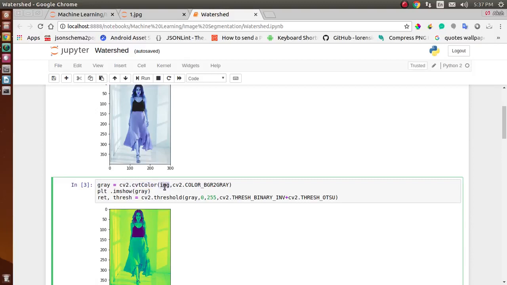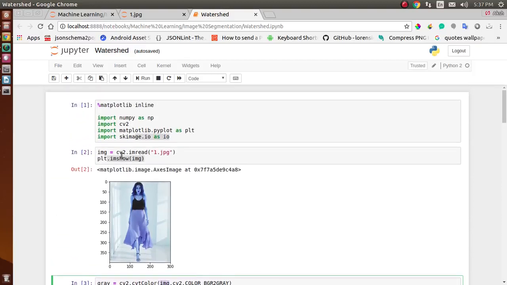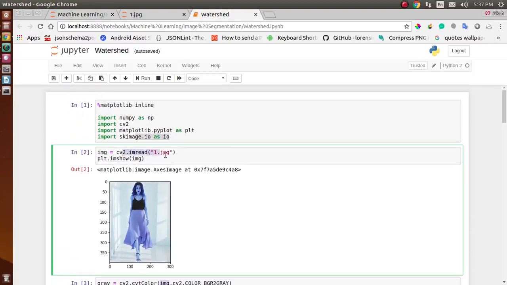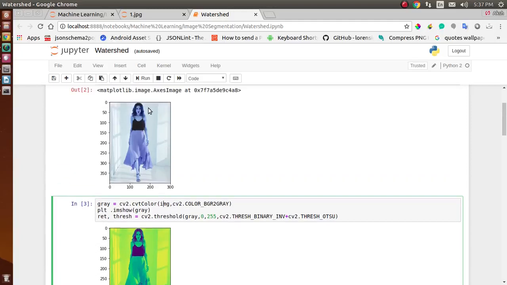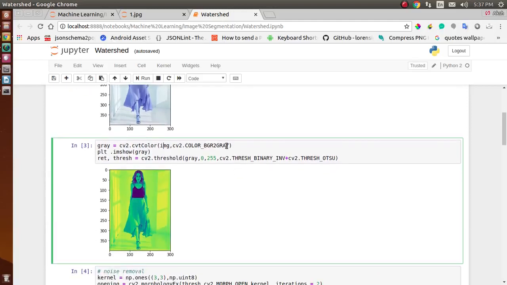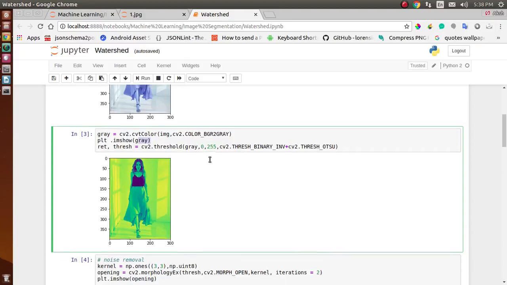Here img is a variable that we defined above, and we assign this image to img. And here I am using img to convert the BGR color that I have in this image to a grayscale image. After converting, as you can see here, we have an image in grayscale, and now